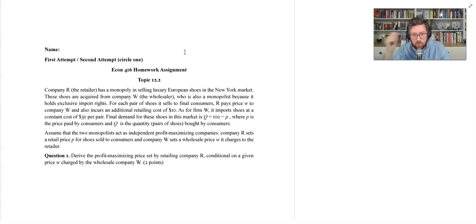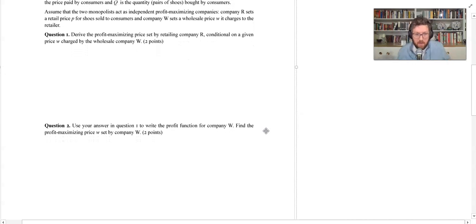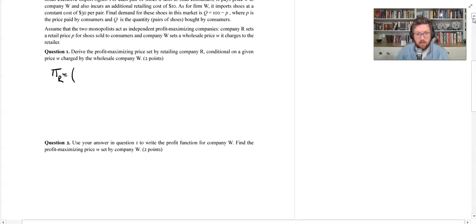So first we're going to assume that they act independently, and then we're going to assume that they merge, and we're going to see how that affects consumers, but also the firm. So question 1: derive the profit maximizing price set by the retailing company R conditional on a price W charged by the wholesaler. So the profit of the retailer is, we've got a price of, I think it was 100 minus P, or sorry, that's the quantity. Yeah. So they can charge whatever price they want, and their cost is this wholesale cost